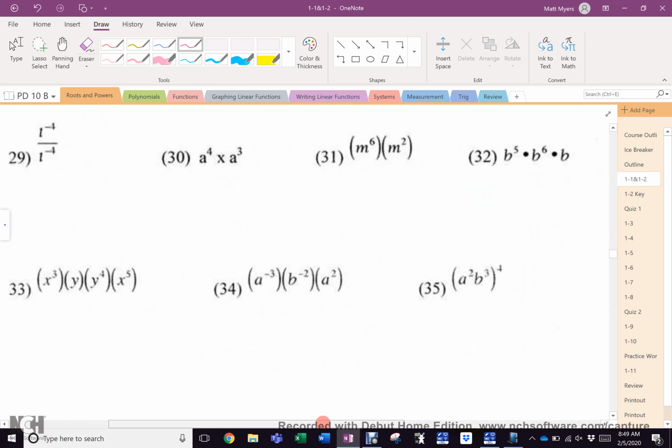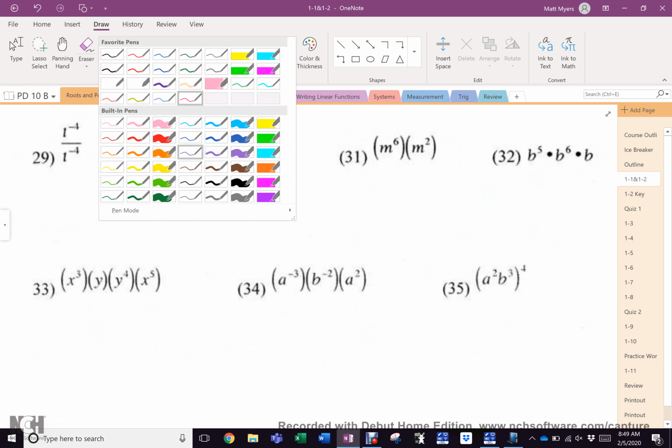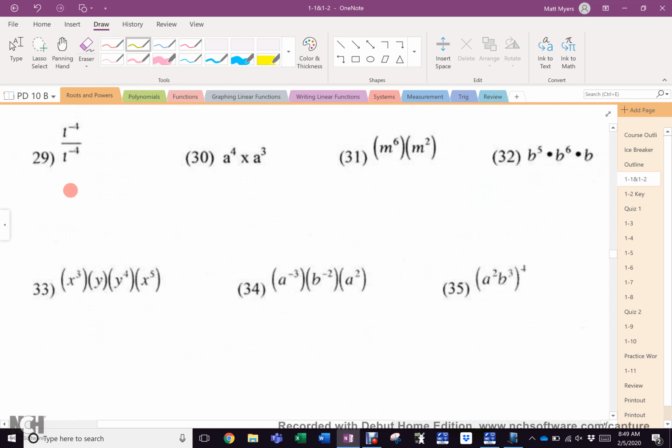All right, 29. 1. What's that color right there? Black. Boring. What's that color? Orange. Dark yellow. It's like a mustard. It does look a little mustardy. You've got a mustard stain on that 29. Now,